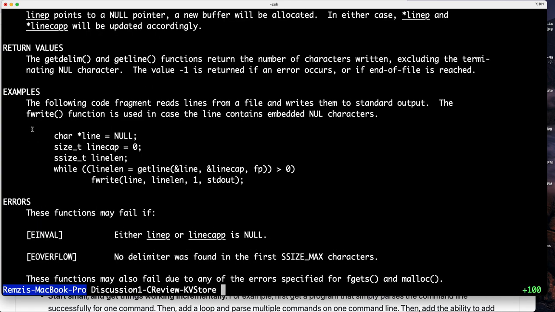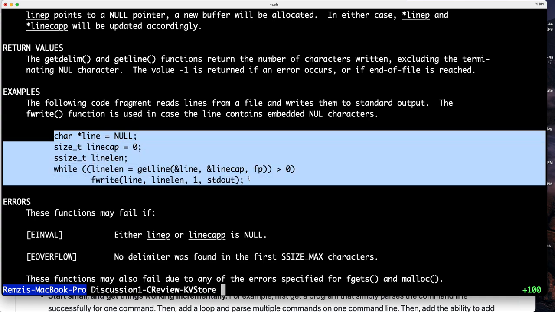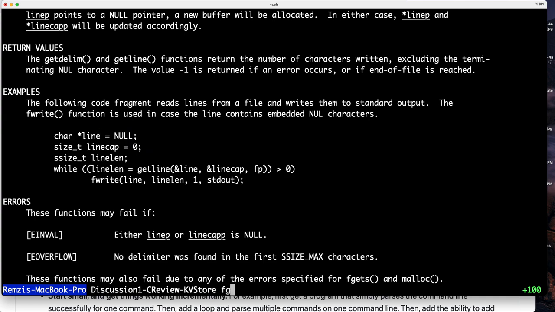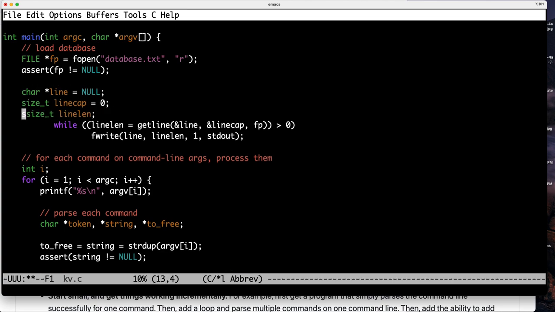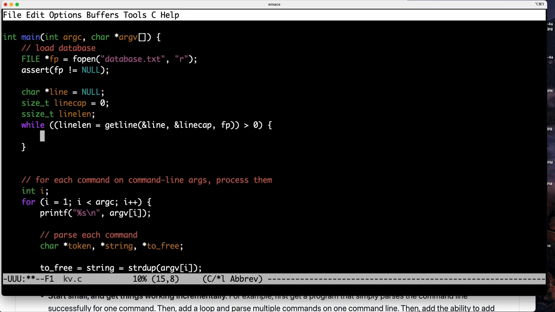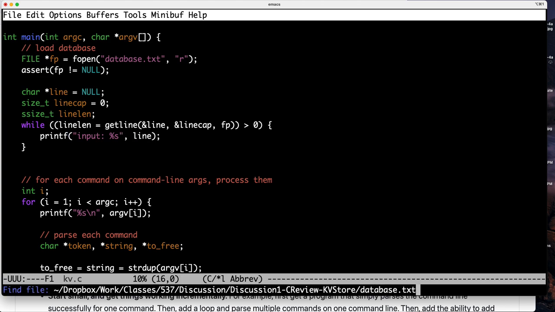And you can see here's an example, again, in the man page, which you are 100% allowed to copy, about how you might read a database in. And we can talk about this line in a second, but let's go ahead and do this. So if we have a database like this,